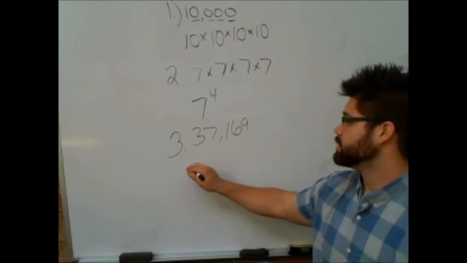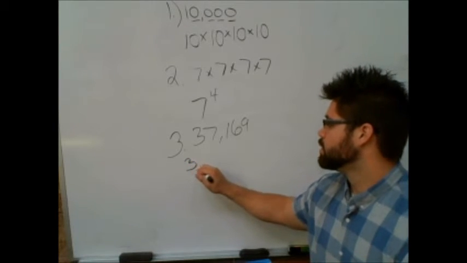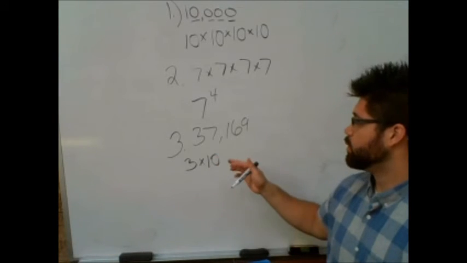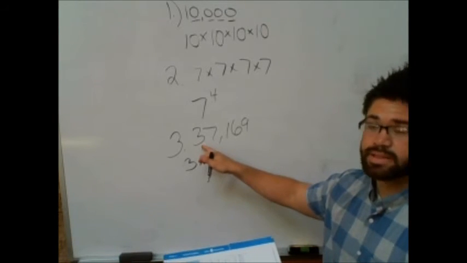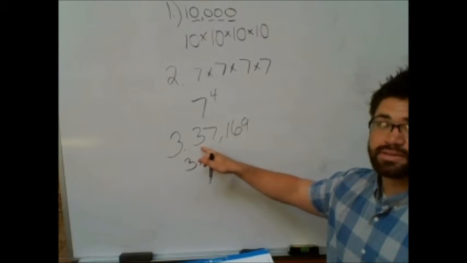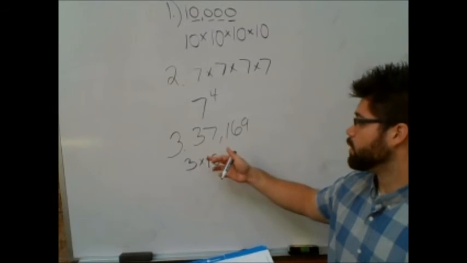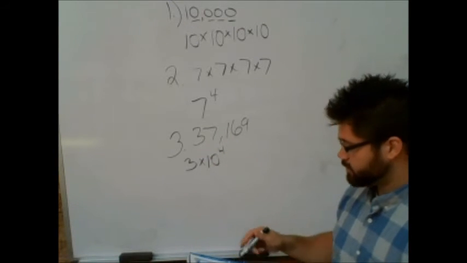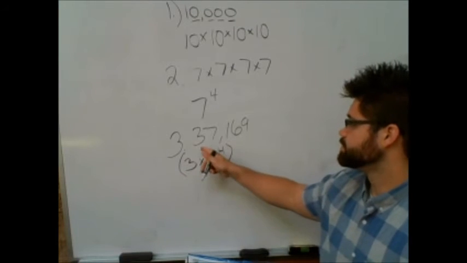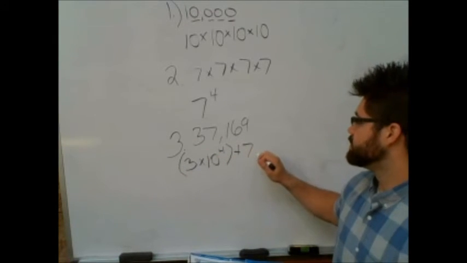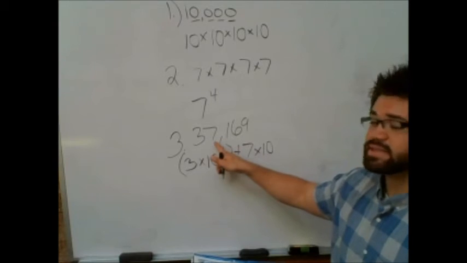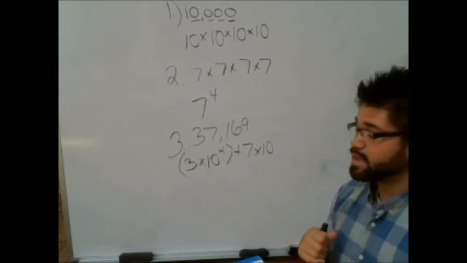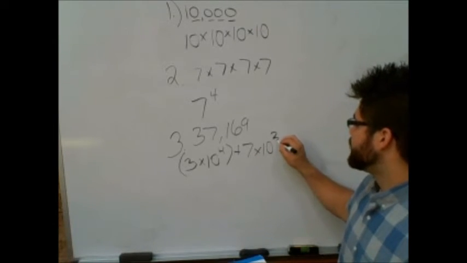So, what we're going to have to end up doing is 3 times 10 to the power of what? Well, 3 is in the 10,000s place. And we know that to get 10,000s is 10 to the power of 4. So 3 times 10 to the power of 4 is going to be our first little section. Plus 7 times 10 to the power of what? 7 is in the thousands place. To get to thousands, we have to multiply 10 3 times, right? So 7 times 10 to the power of 3